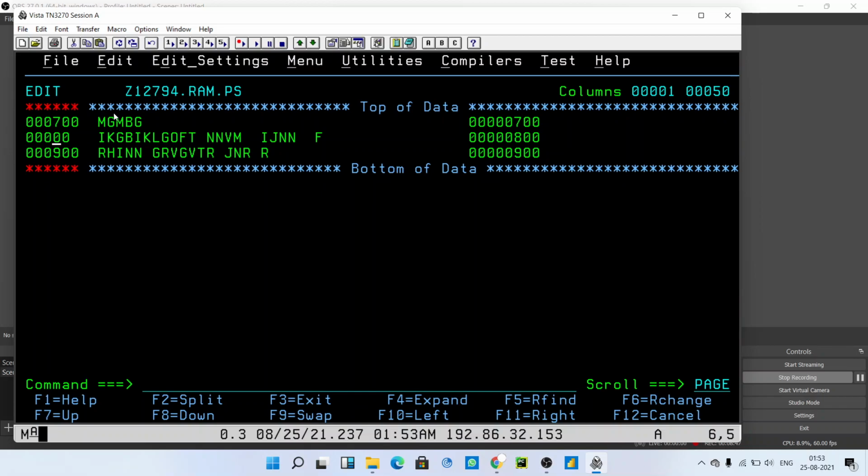For that, you can type angular bracket. If you type angular bracket, I'll delete all this to make you understand better. If you type angular bracket and you enter, then you will get a space before the first word.